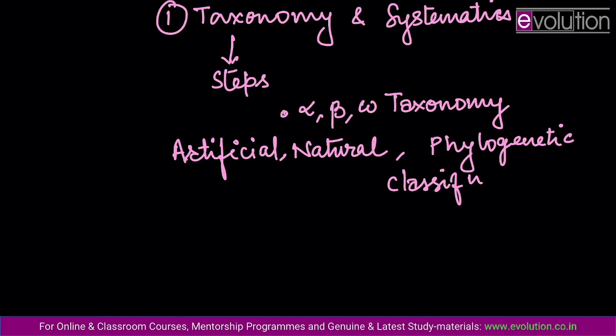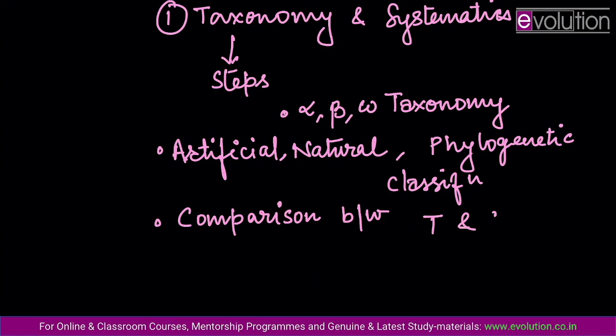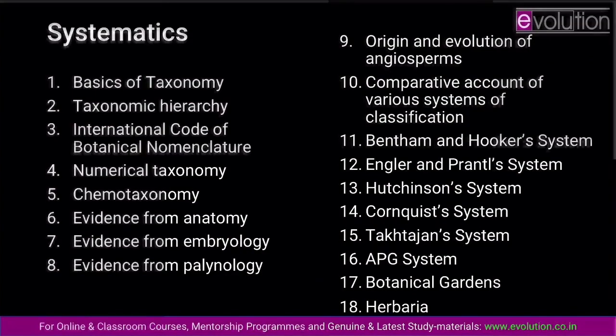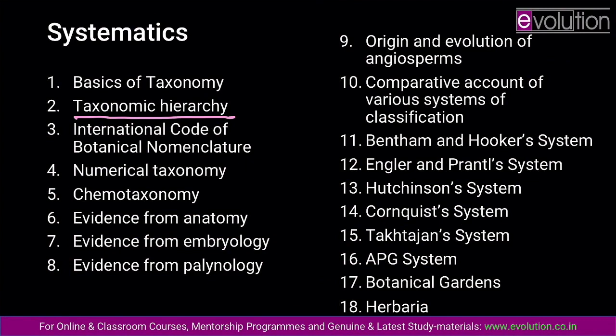These are all potential questions in the examination. After this, you should just be doing a comparison between taxonomy and systematics. It's been asked already, so there is every chance that it might be asked another time. Going back, next is taxonomic hierarchy. Taxonomic hierarchy has not been asked many a times, but in taxonomic hierarchy, what you basically do is